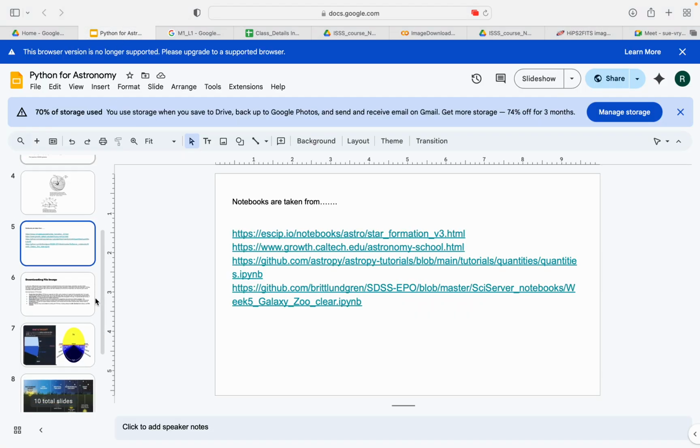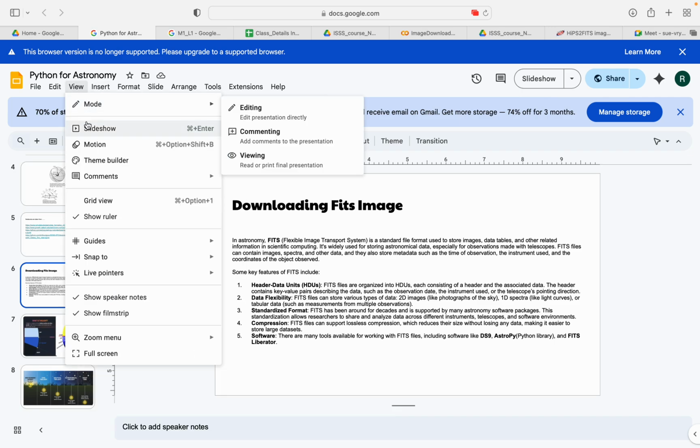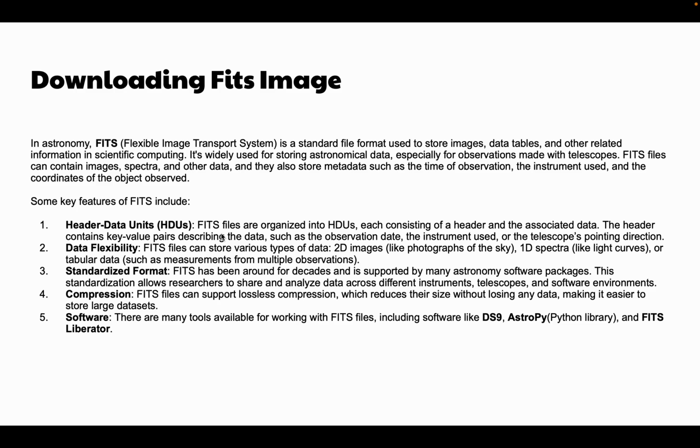So in astronomy FITS images, you often encounter this term. In astronomy, FITS, or the Flexible Image Transport System, is a standard file format that is used for storing images or data tables and other related information for scientific computing. It is widely used for storing images or spectra from the telescopes, and also the data, and they store metadata